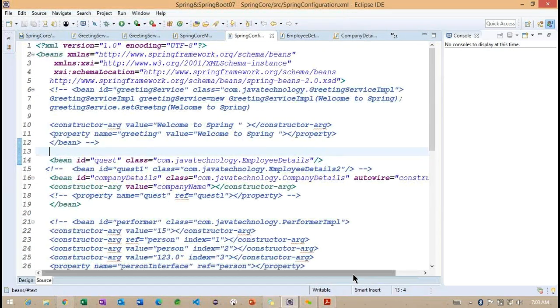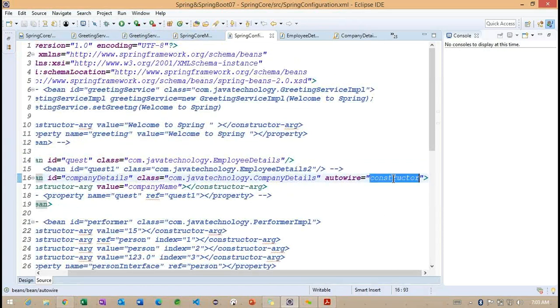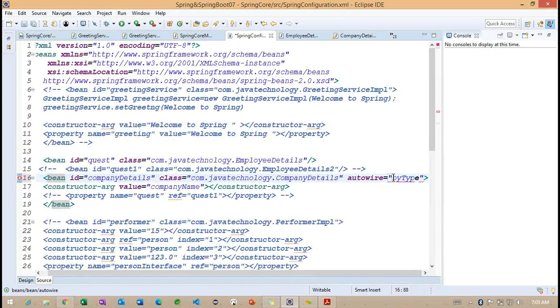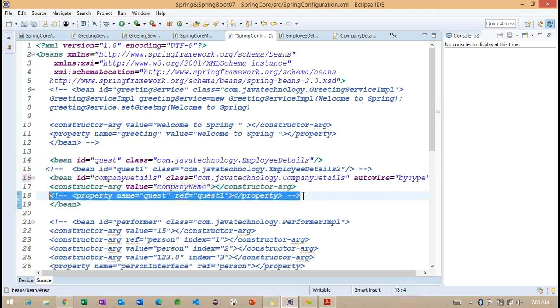Along with this autowire concept, I'm now trying to enable this property also. So what happens internally whenever we work with this mixing?